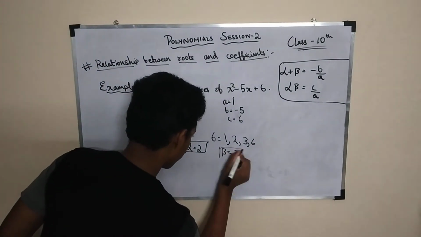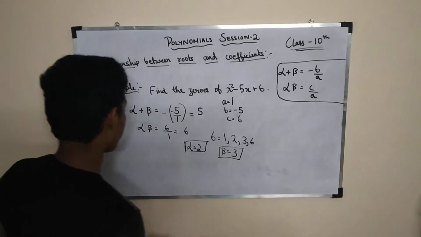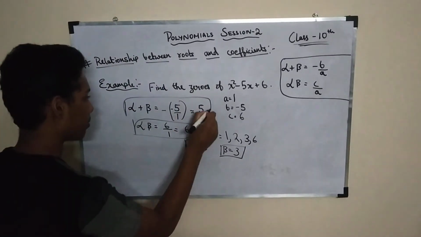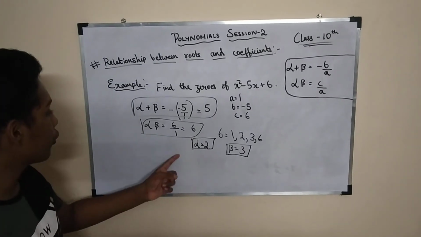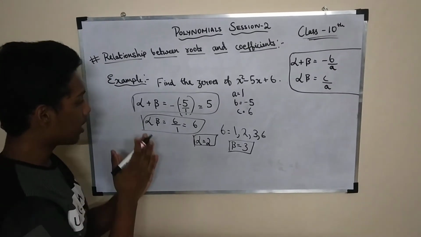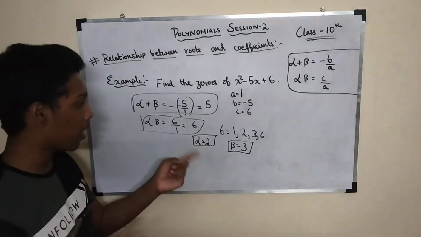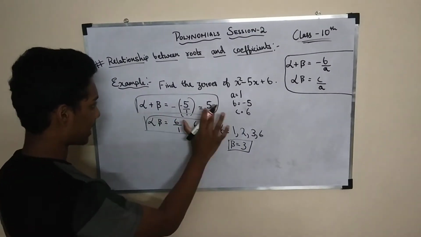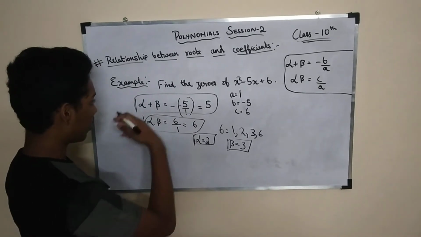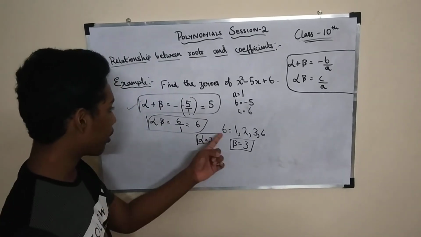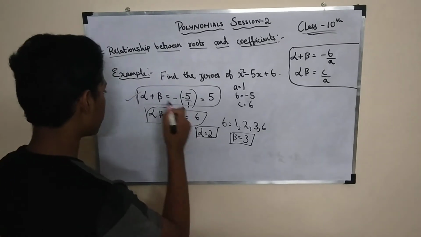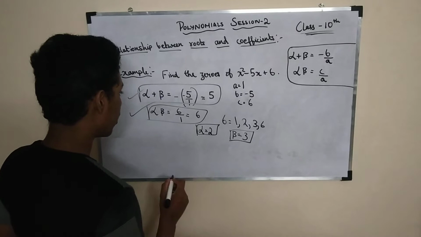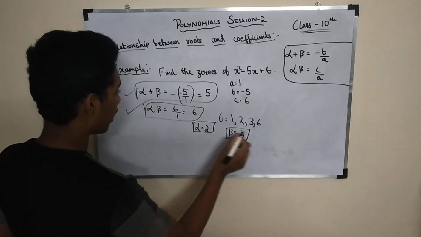Okay. So these two roots we have found out, because we came to know alpha beta as 6 and alpha plus beta as 5. Then you need to just give the factors for 6, which is 1, 2, 3 and 6, and 2 plus 3 will give you 5. It satisfies the alpha plus beta rule, and then 2 times 3 will give you 6. It satisfies the alpha beta rule also, okay guys. So alpha value is 2, beta value is 3, okay.